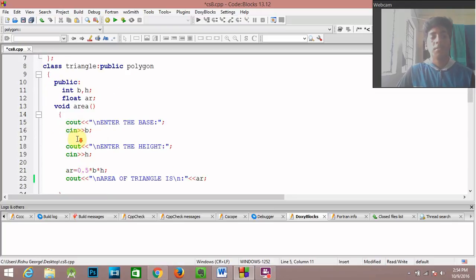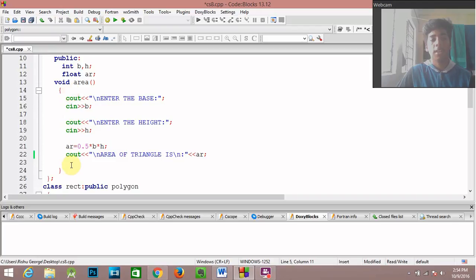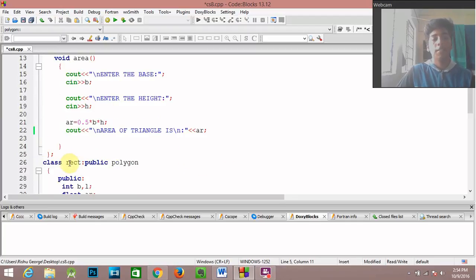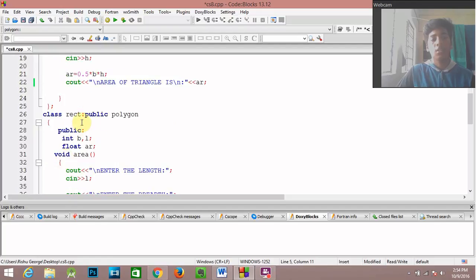And then we have the void area function, and inside this area function we have given cout enter the base, and it is taken as b, and then enter the height, it is taken as h. And we can see the formula for triangle is area is equals to 1/2 into base into height. So we have taken 1/2 as 0.5 times base into height, and area of triangle is ar, that is here float ar.